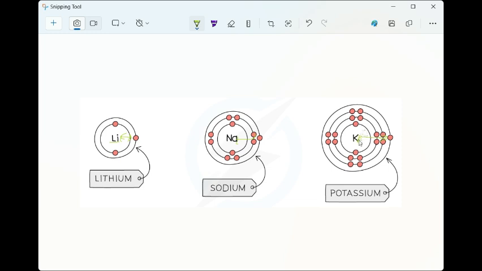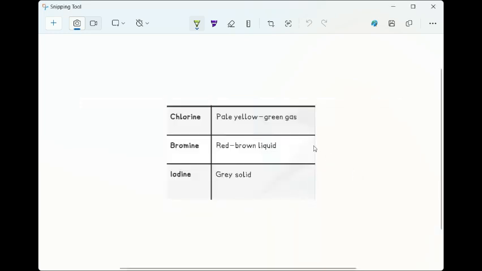Like potassium, because the outer electron is so far away from the nucleus, it'd be easy for it to get lost. Compared to lithium, it's so close to the nucleus, it'd be very hard for you to take the electron away from it. Now looking at group 7, again, the 3 main ones you need to know are chlorine,